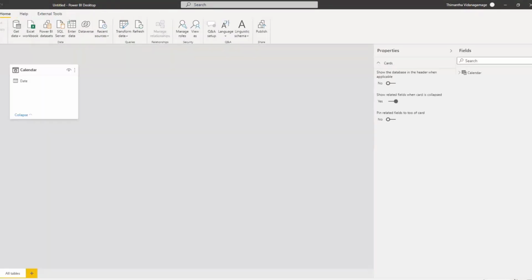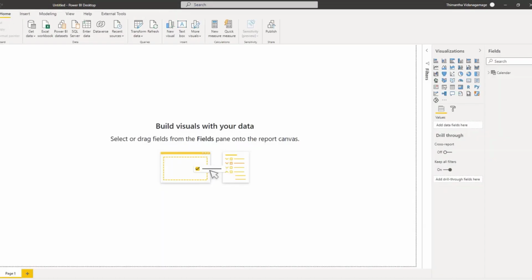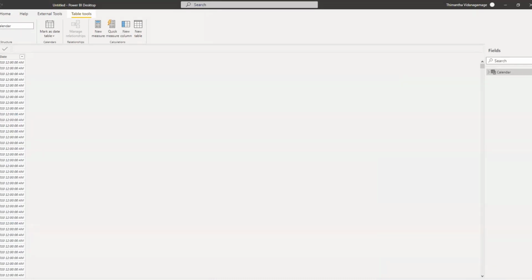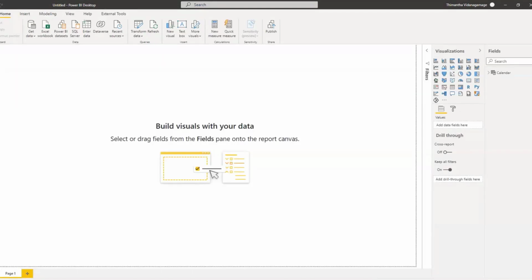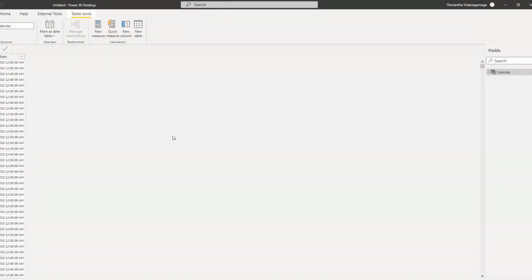You have different kinds of views in Power BI. I guess I explained this to you previously in my session in the Power Platform Bootcamp as well. You have data view, you have model view, and this is called report view. Sorry about that. Those are the three views. You just need to know what they do. You don't need to know these terms exactly. Just know what it does and what it shows. That's the most important thing in your development when you are carrying on with Power BI.